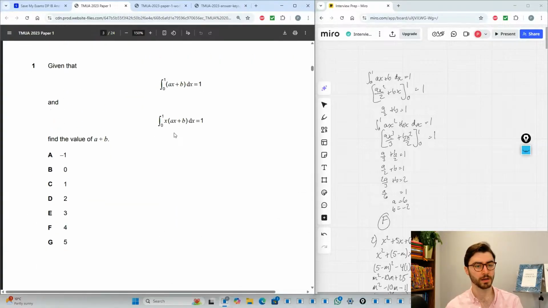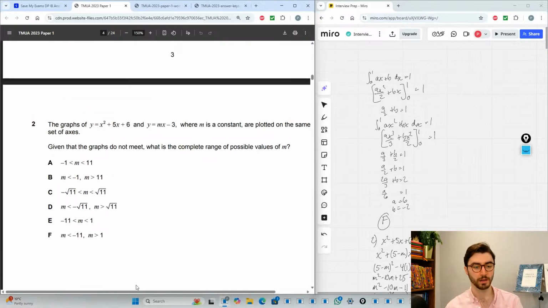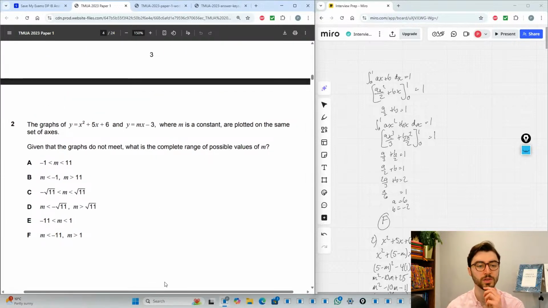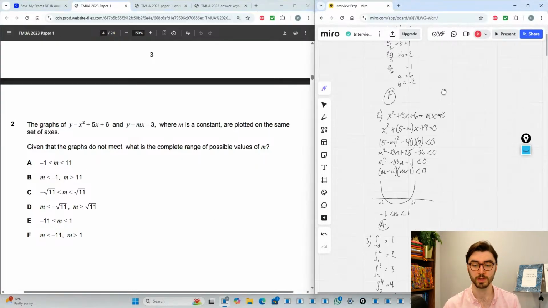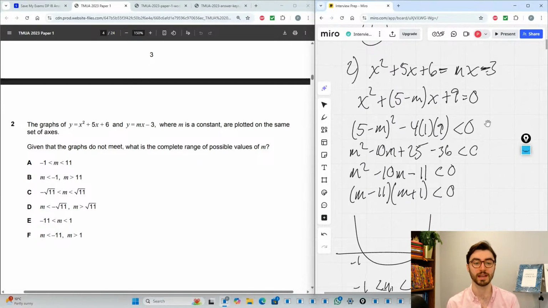So here, I think that was self-explanatory. Same thing here, just making sure that when you have two graphs not meeting, in order to do that, you would try to find where they would meet. And they would meet with simultaneous equations. So both would be true at the same time, and I can substitute one into the other, which is how I formed this quadratic. And then you would attempt to solve it, and if they don't meet, then there are